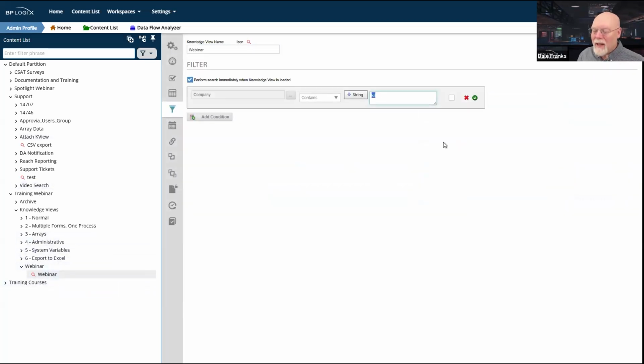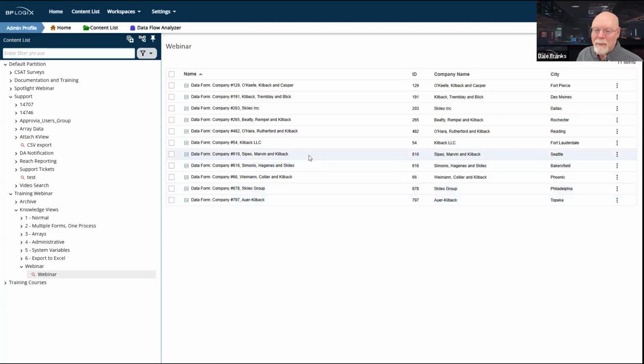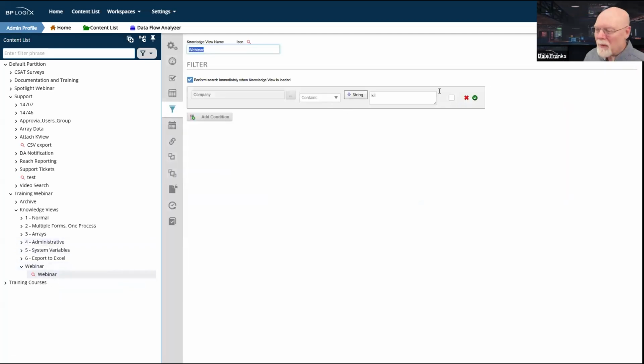That gives me a default. And by the way, I'm well under my limit of 100. That's pretty cool. So I'm happy with that. I'm only returning however many rows that was. But in most cases, this is a case where I've automatically decided what companies I want to see.